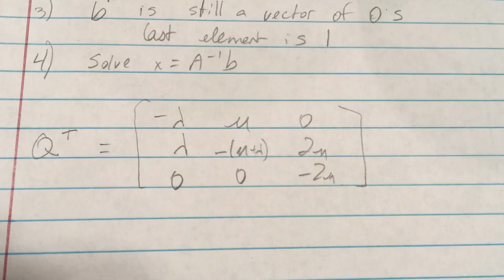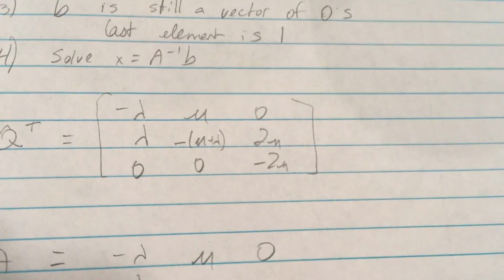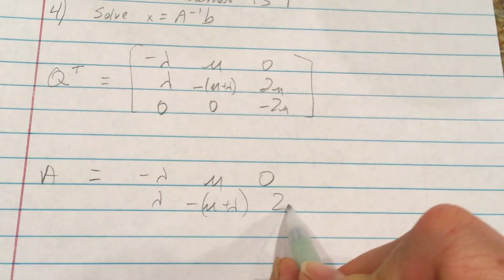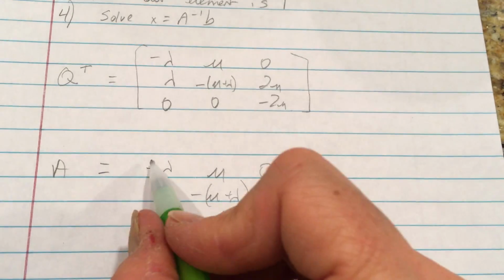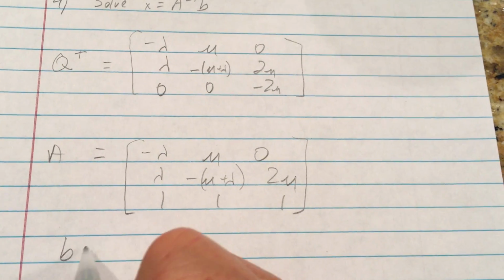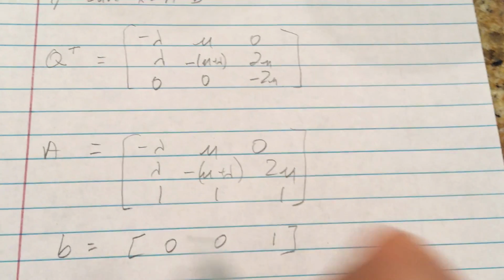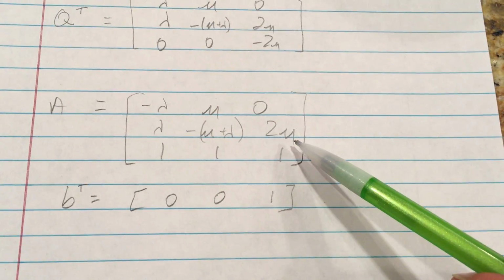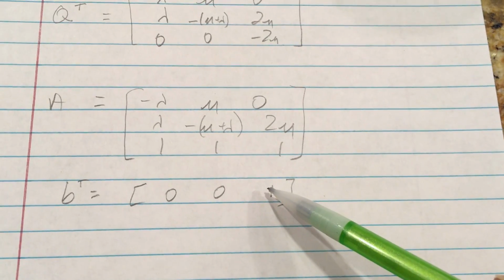And to get A, it's just the same thing, but I'm going to copy the first 2 rows, and I'm going to put in ones. So there's my A matrix. My B vector is just going to be 0, 0, 1. I think this is actually B transpose. And then I'm going to take the inverse of A, multiply it times B, and that'll give me my limiting